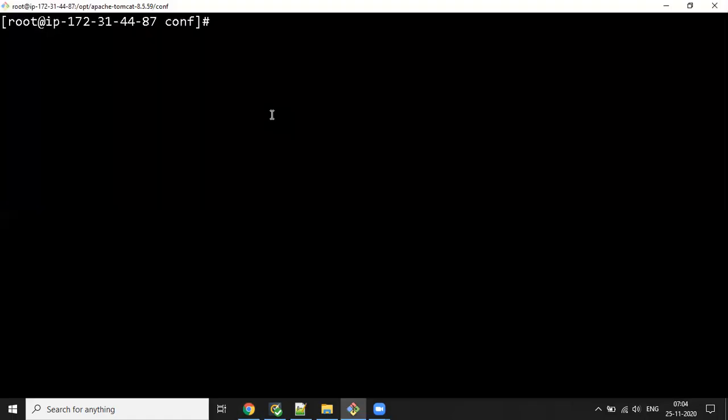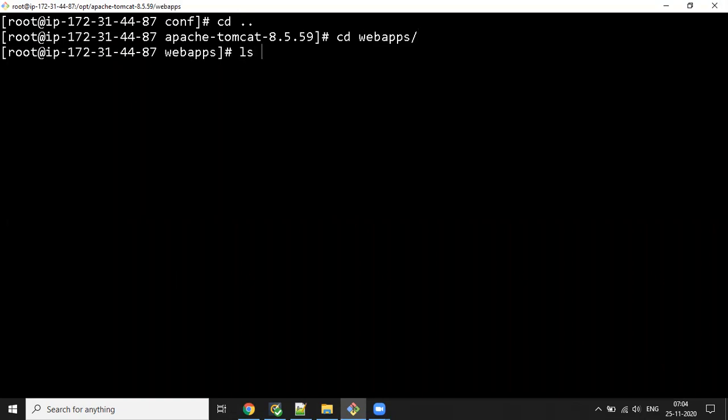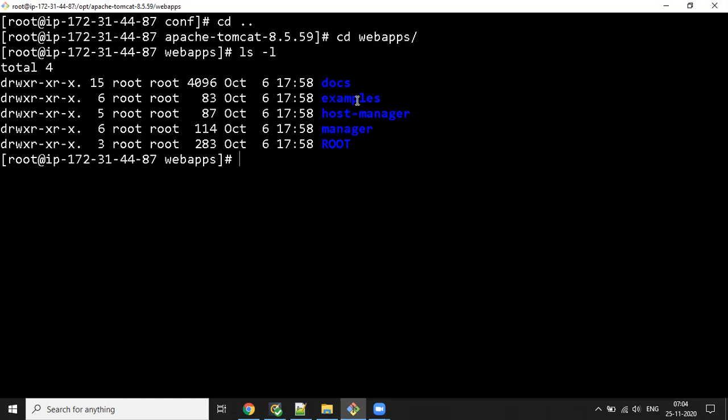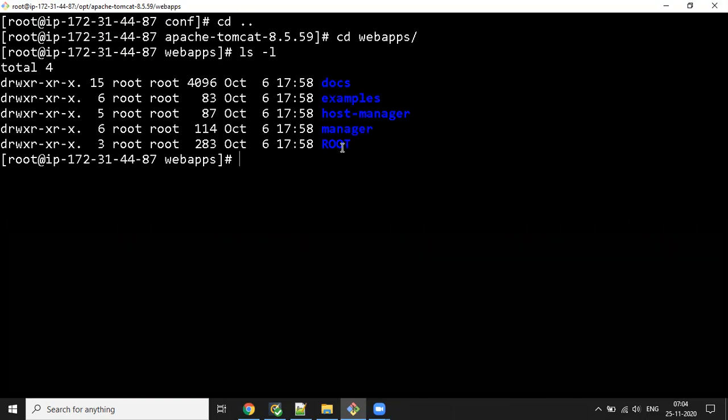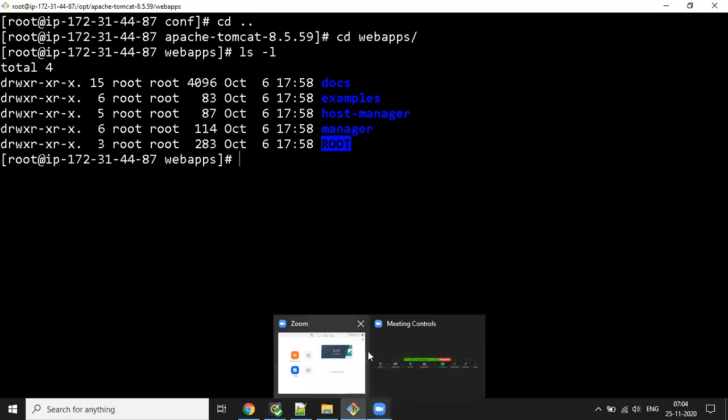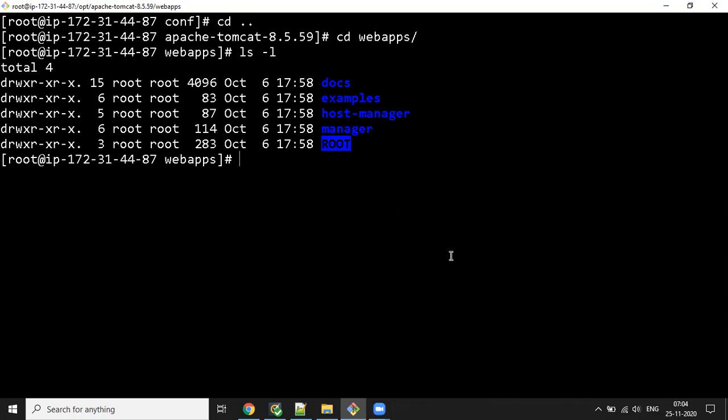Let me check what is available in Tomcat. See the webapps folder: docs, examples, host manager, manager, and root. These are the available applications inside the webapps directory. Now I want to deploy our WAR file.